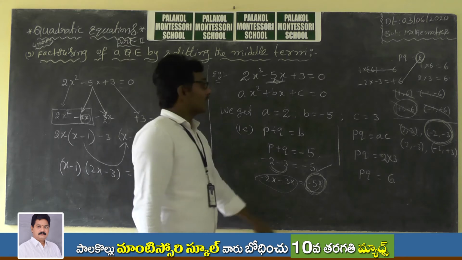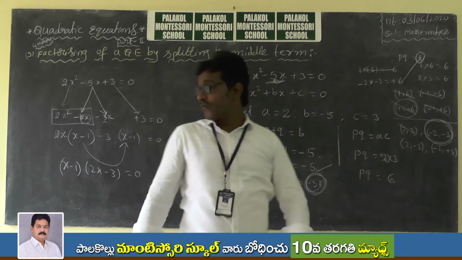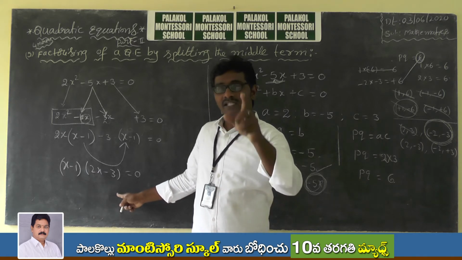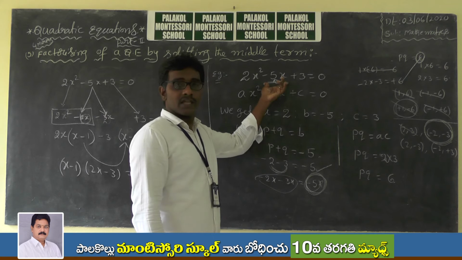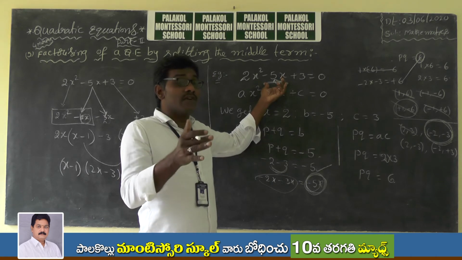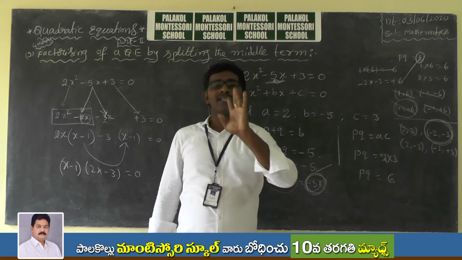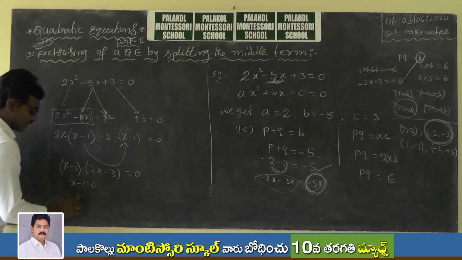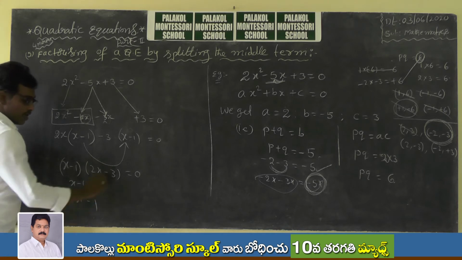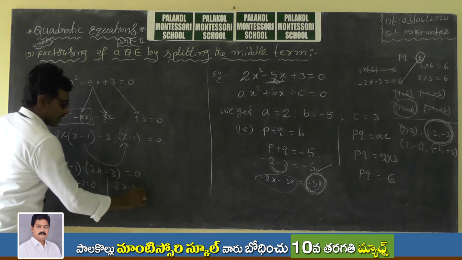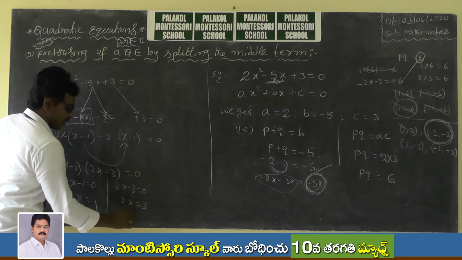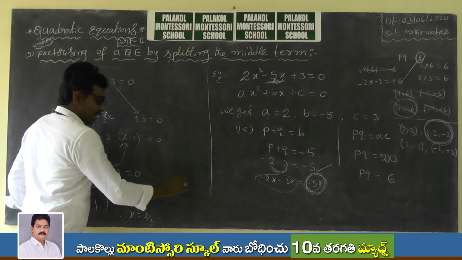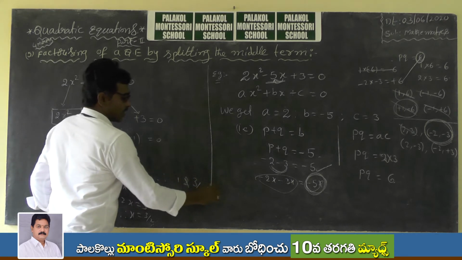Guys, you are taking the quadratic equation in the form of linear equations. That linear equation is a factor of this quadratic equation. When the linear equation is equal to 0, you get that x value. That means x minus 1 is equal to 0, therefore x is equal to plus 1. 2x minus 3 is equal to 0, that means 2x is equal to 3, therefore x is equal to 3 by 2. So finally 1 and 3 by 2 are solutions